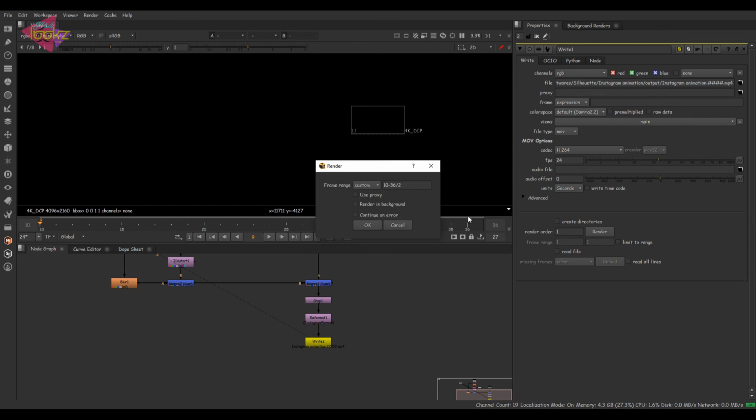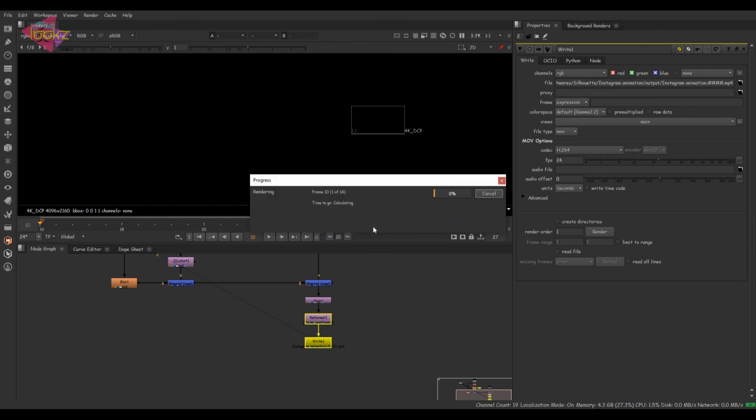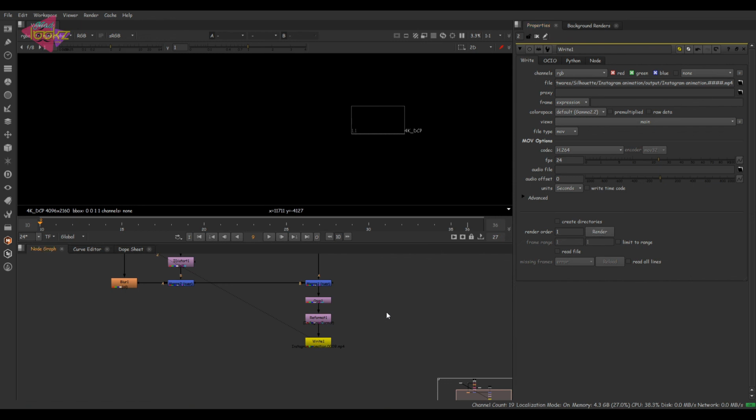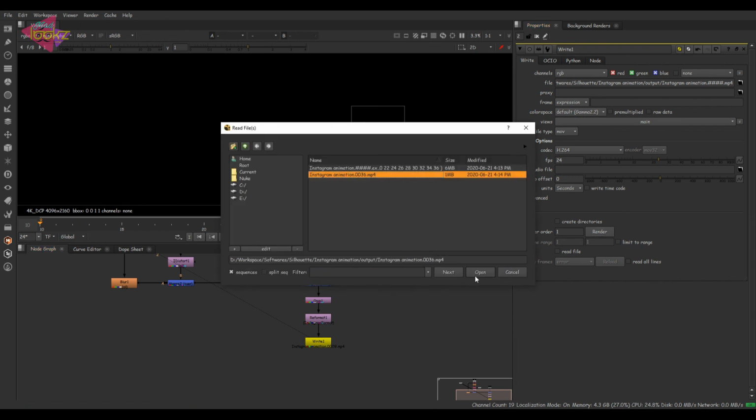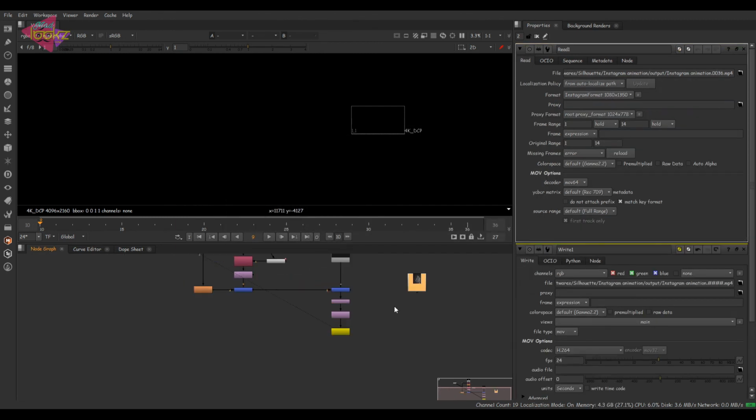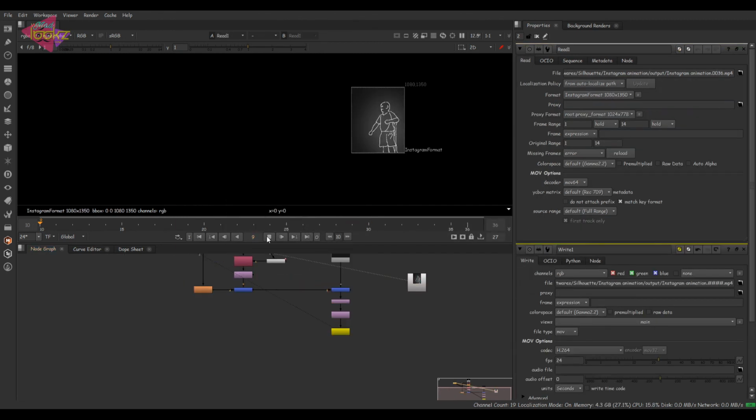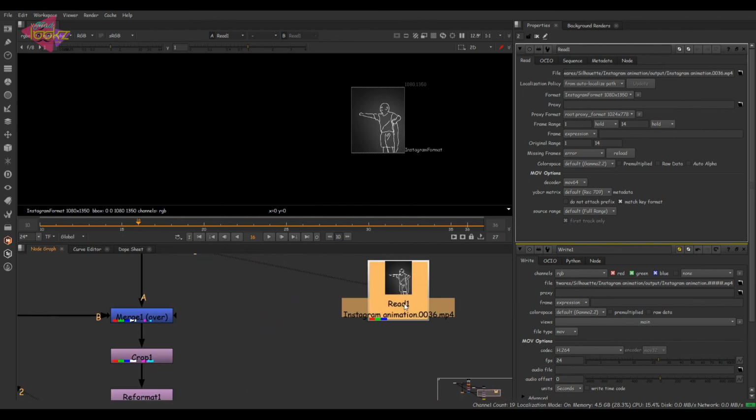The same frame range, divided by 2, for skipping the in-between blank frames. So it's rendering. Now let's see how the output comes. Here we have the MP4. Let's open it. Yeah, here we have the MP4 with the Instagram resolution. Okay, there is some issue. This is because the MP4 starts on the first frame, so we have to go to the first frame to see the whole output.